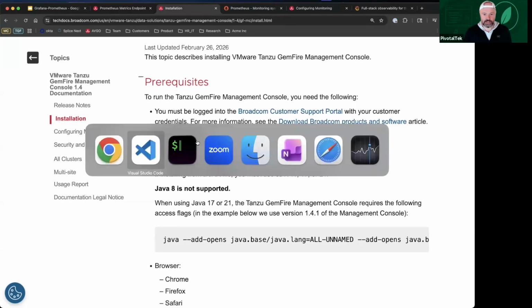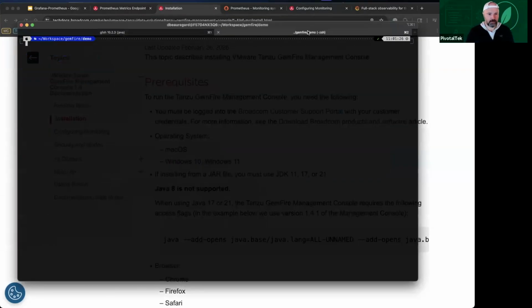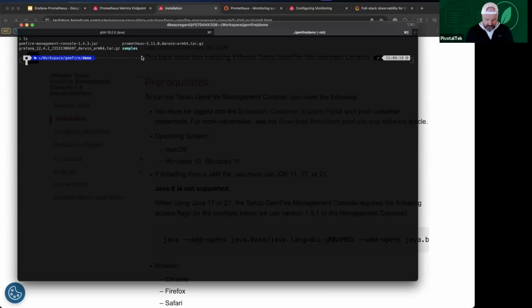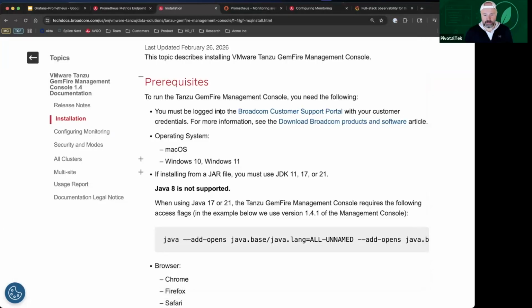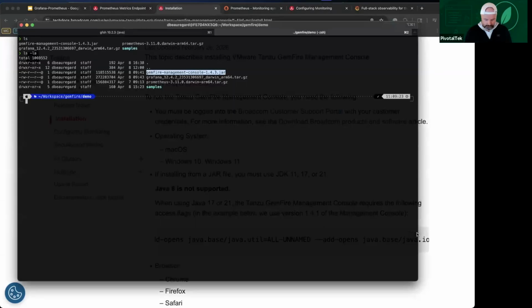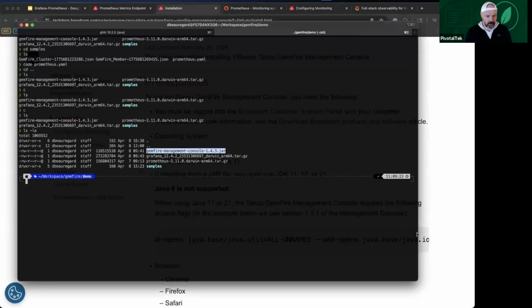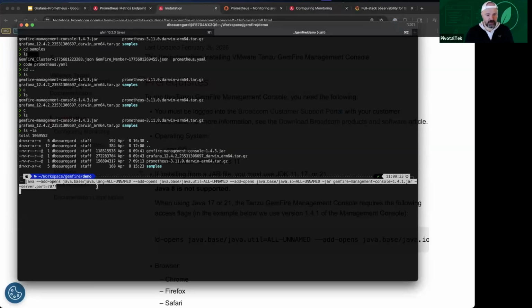So I have actually already downloaded this here. We can see, make this a little bit more clear. I have this jar file. And then the command to run it, it's just java -jar. There's a couple of options due to later versions of Java that you have to pass in. So I will copy this. Make this a little bit bigger, and it's Java, a couple of these options here, the jar file, and then